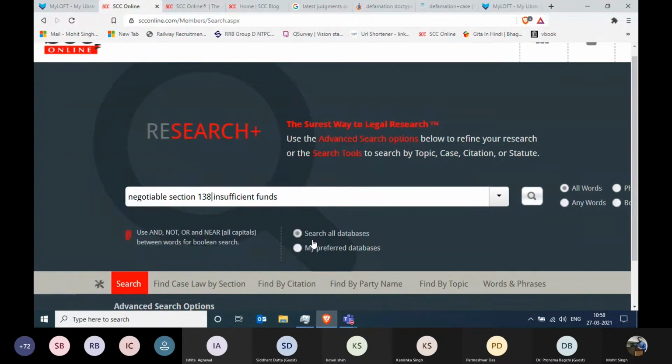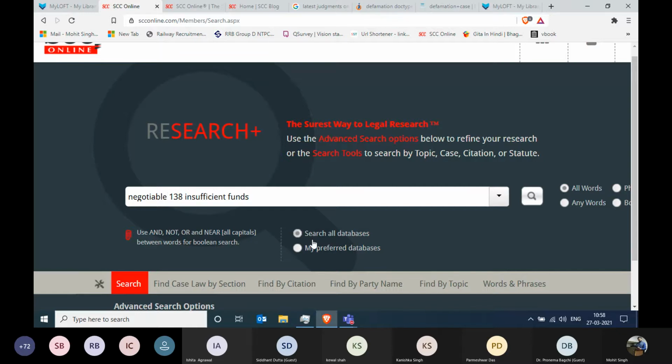Section as well. Why section? Because some of the judges use "section", some use ss., s., or sec. in their vocabulary. So there are many possibilities through which a section can be written in a judgment, right? Please delete that. Only stick to the static words and the legal words whenever searching on SCC Online.